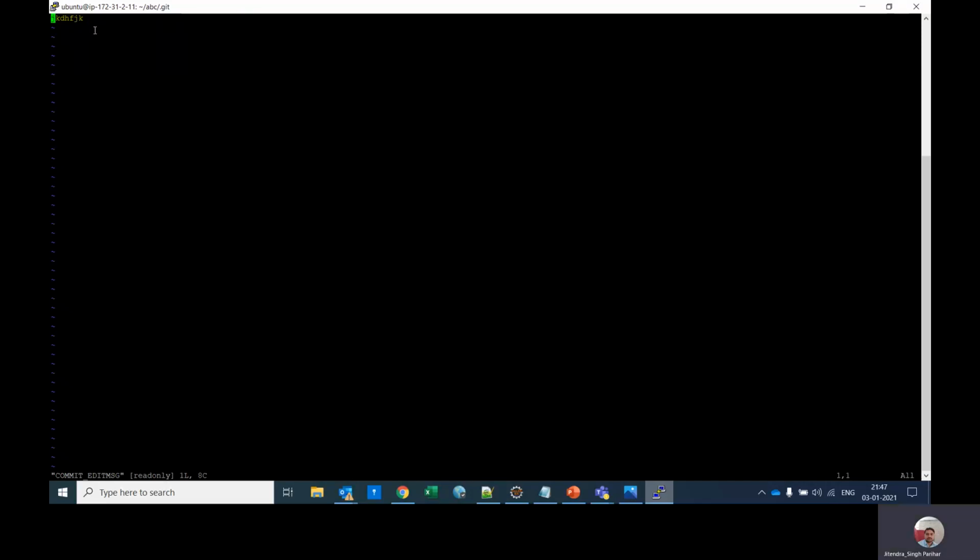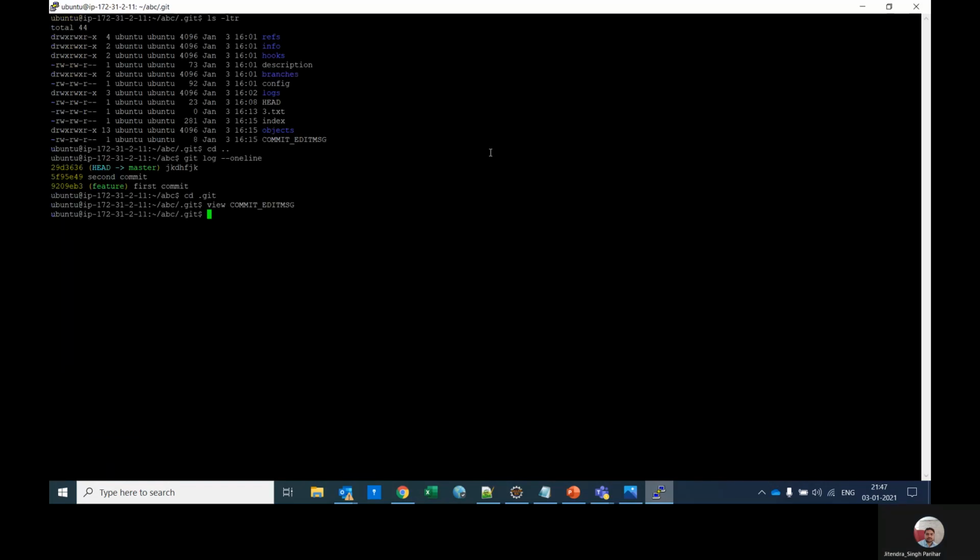So the last commit is being held by the commit message. This is the commit message that is being stored in the commit message file. Next, config. This is a very crucial file. So all the related configurations